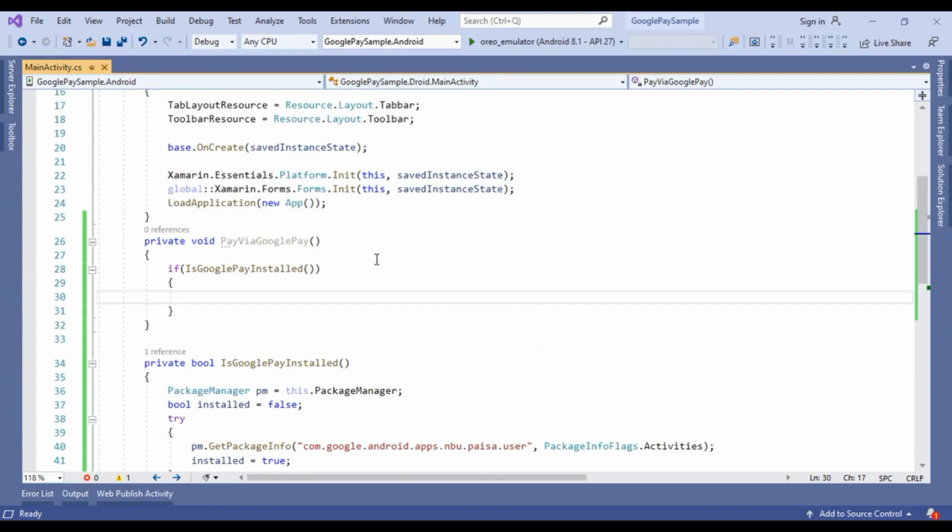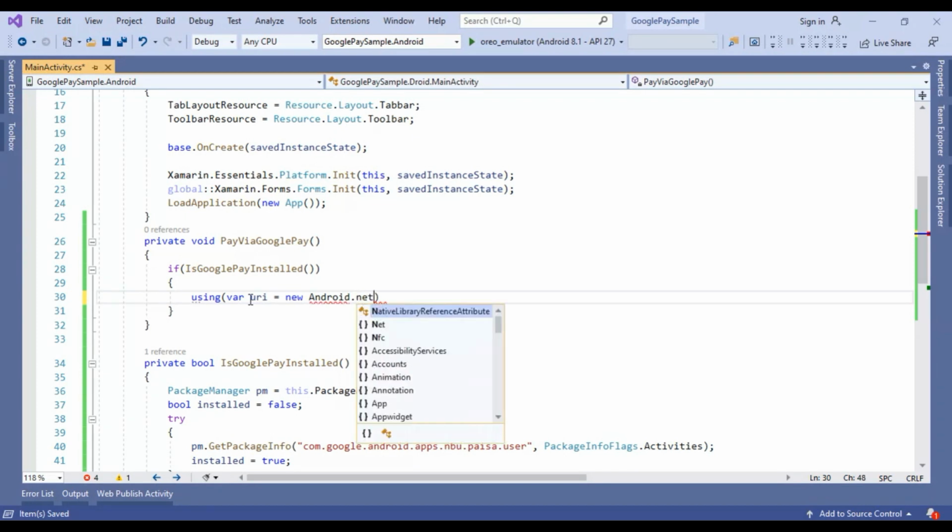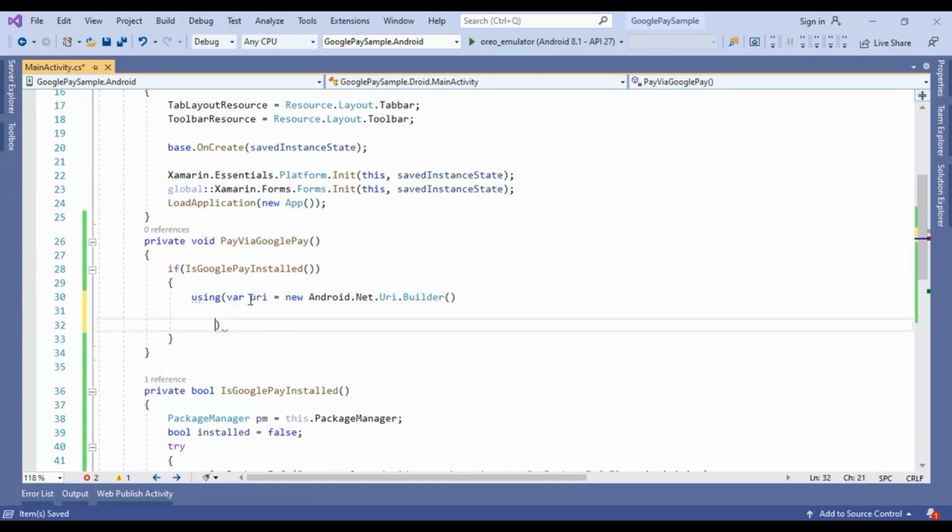Now we are going to write the code for the Google Pay payment. We are using a simple URI for that, with a using block, variable URI equals new Android dot net URI dot builder, and using this builder we are going to pass some parameters.